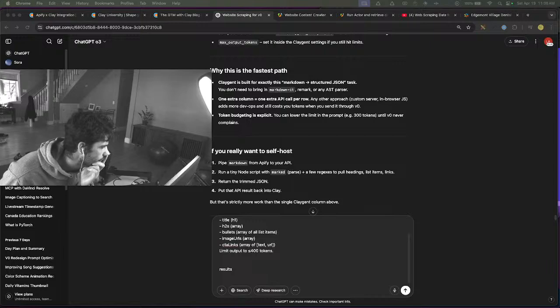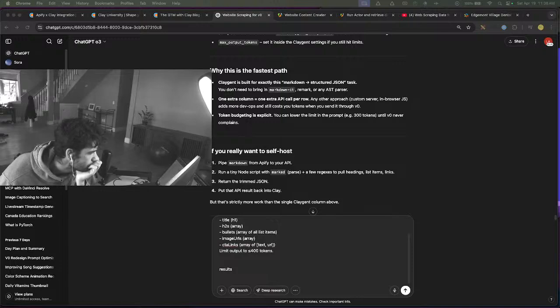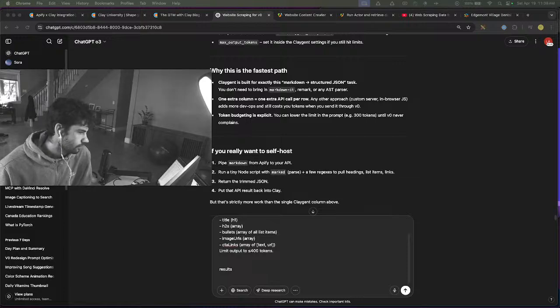See increasing your rate limits here. I can't believe this thing's trying to tell me that my rate limits are too low. Like, what does that mean? Claygent, Apple Intelligence for the